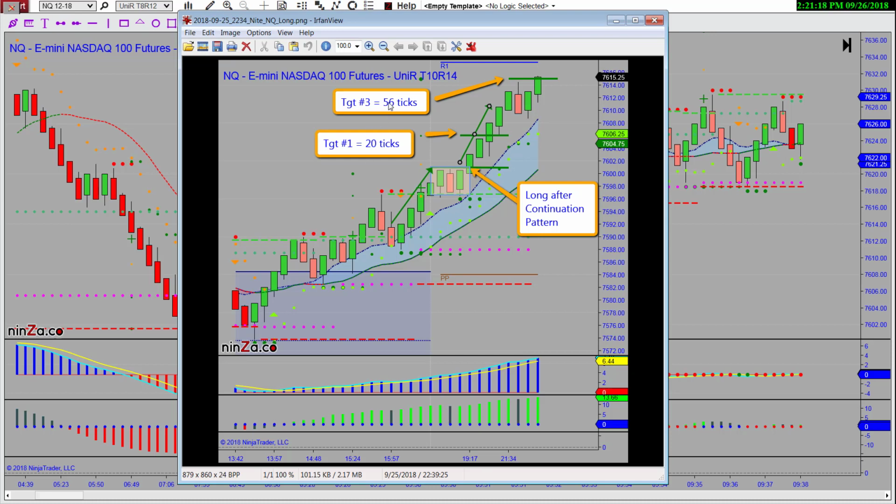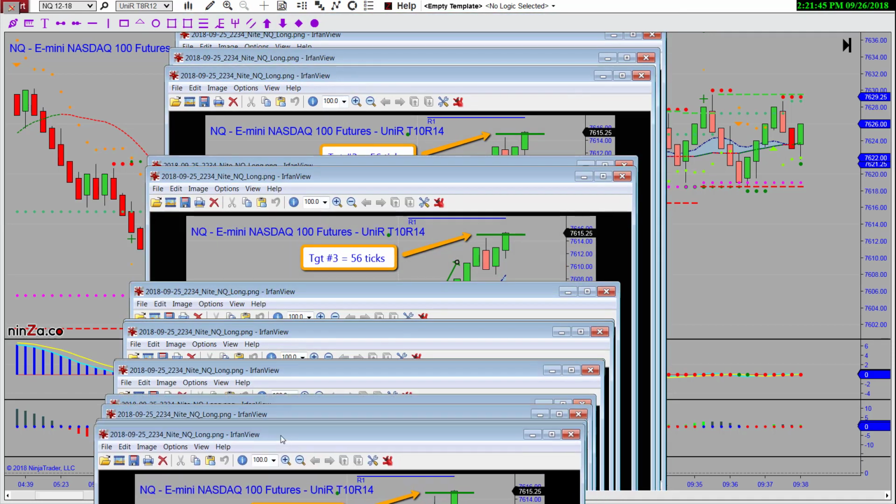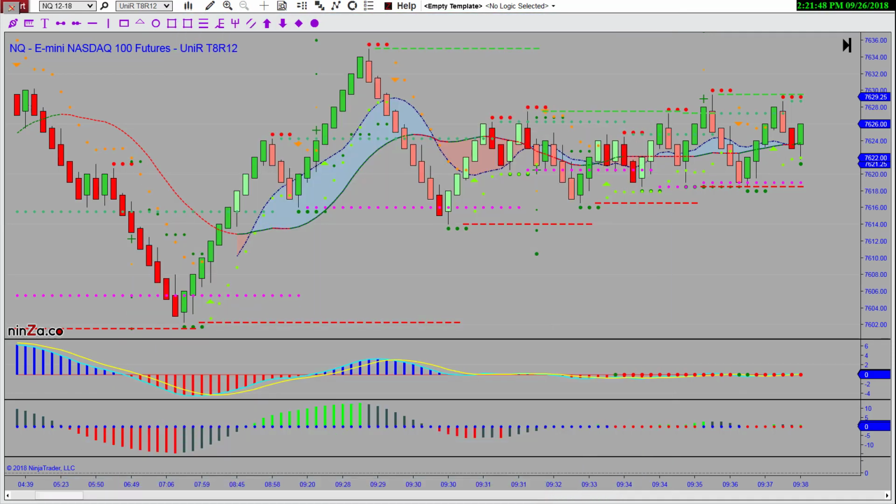So I'm using theirs, but the 20 ticks was target 1, 56 ticks was target 2. It was smoothly moving and smartly moving up. I'd take very little heat till we got right about in here, a little bit of extension. But you could potentially use smaller targets, and hence also maybe a tighter stop if you use a different setting. In this case last night, I just still used the 10 because it seemed to be working.